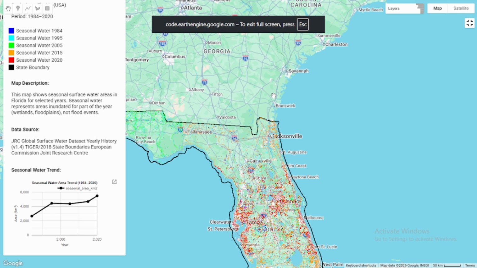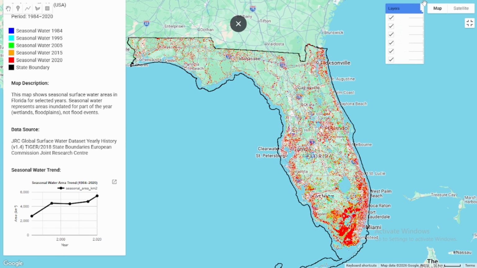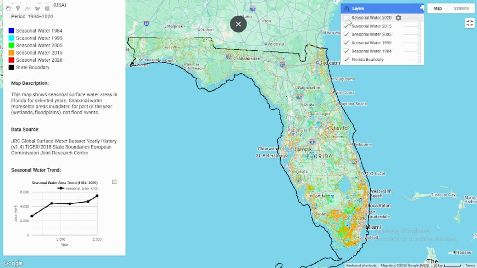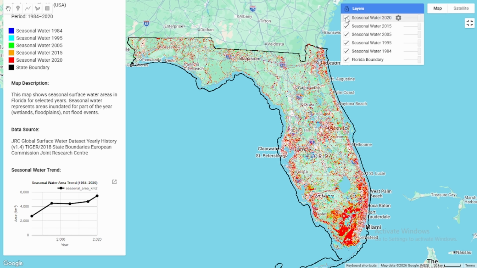So you can see clearly. Let's check and uncheck all here one by one. So you can see seasonal water in 1984, and 1995 is cyan color, 2005 is green color, and 2015 is orange color, and 2020 is in red color.